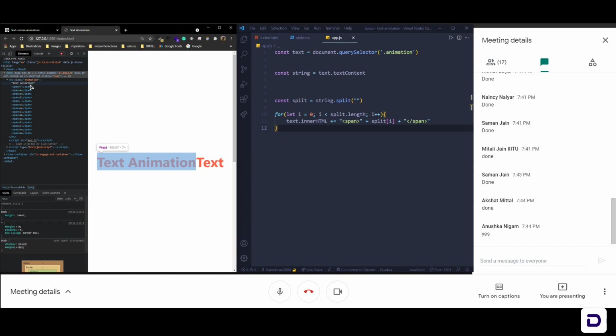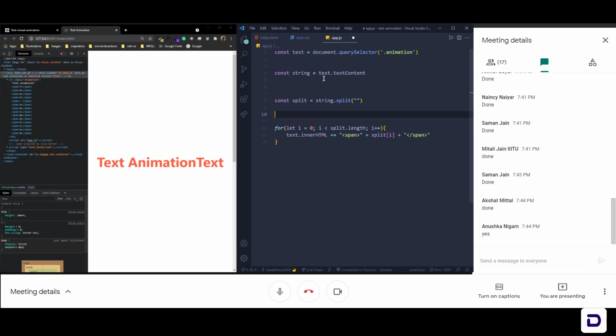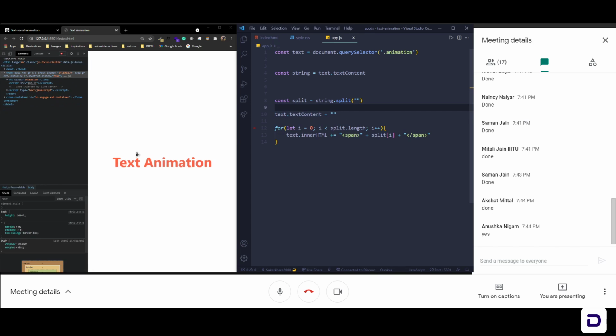Now we don't need this text animation, so up here we'll say text dot textContent is nothing. This will remove the text animation which is inside the h1. So we have each letter now inside a span.